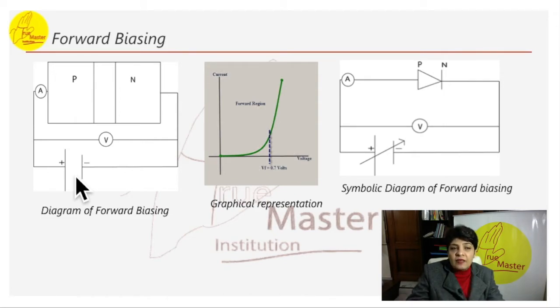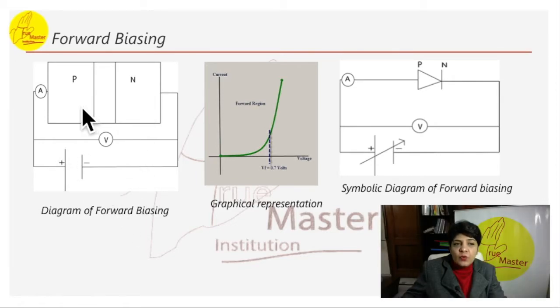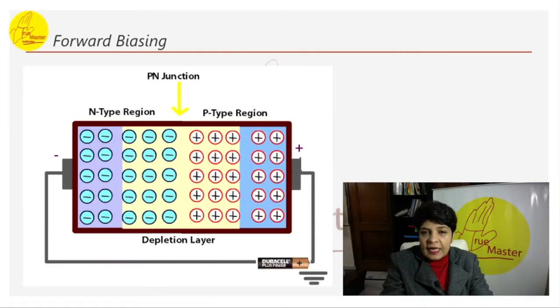So the potential barrier will reduce. This potential barrier in between will reduce, and slowly the charges will start moving. Eventually it will start behaving like a conductor. The charges will continue to move. It converts to a conductor and allows current to flow through. We will see the animation also so that this part becomes more clear to us. I will be playing an animation for you to see and understand the forward biasing.